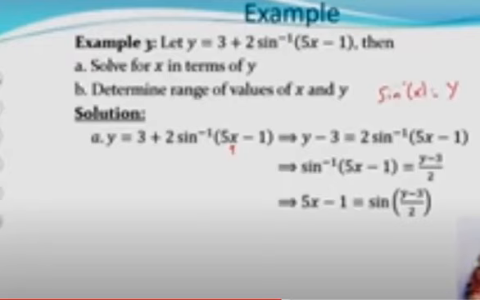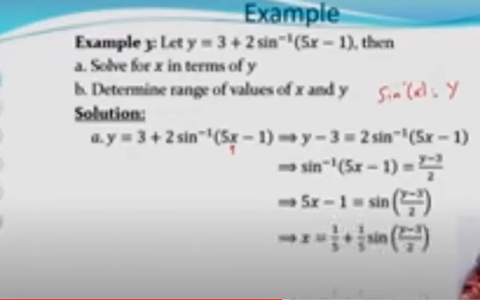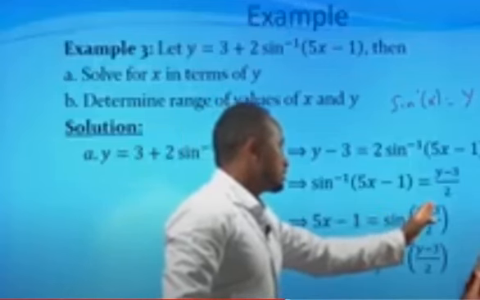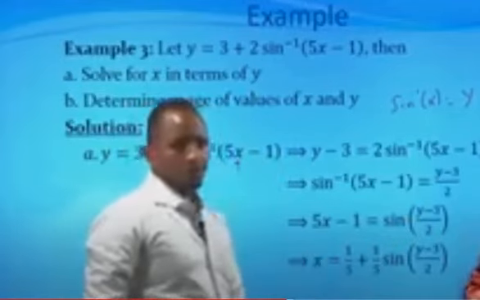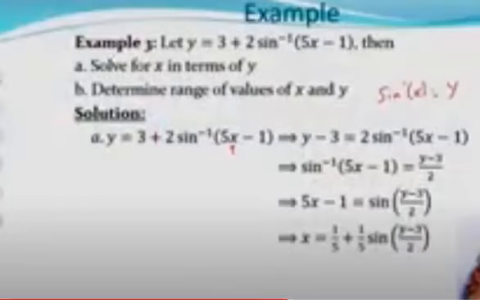Taking 1 to the other side and dividing by 5, x is equal to 1 over 5 plus sine of y minus 3 over 2, all over 5. So this is the value of x when it is expressed in terms of y. And here we are also